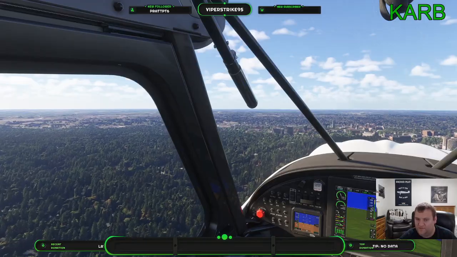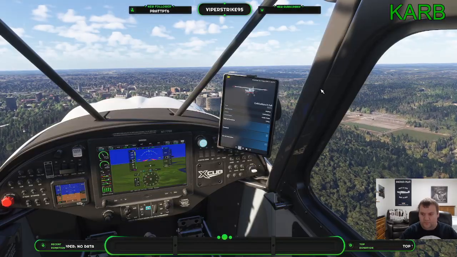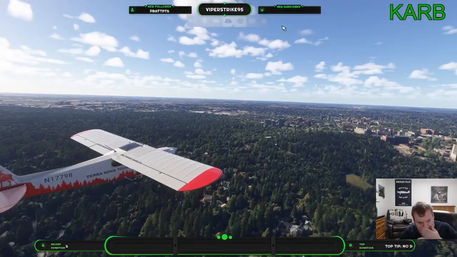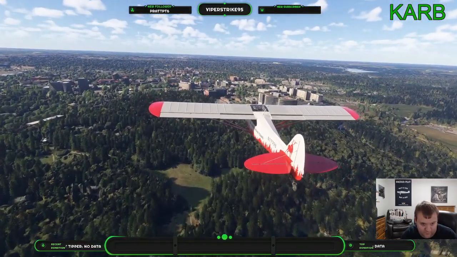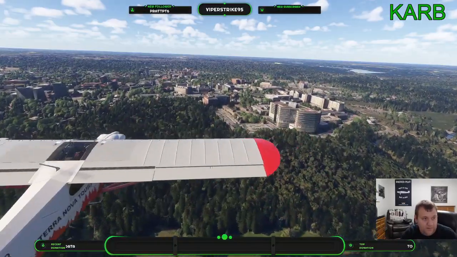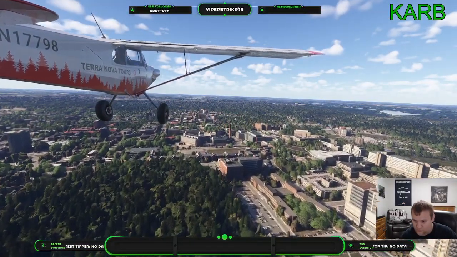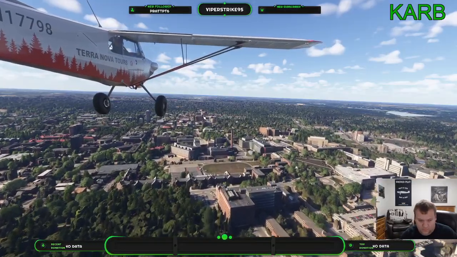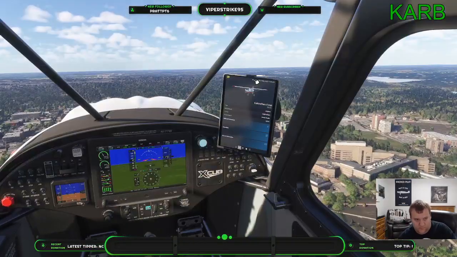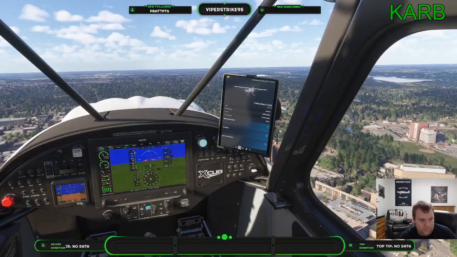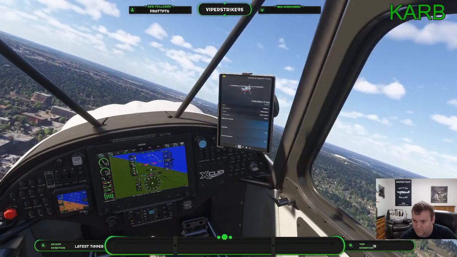This here is some bits of the university town. It's a very big one, in fact. Here we go.